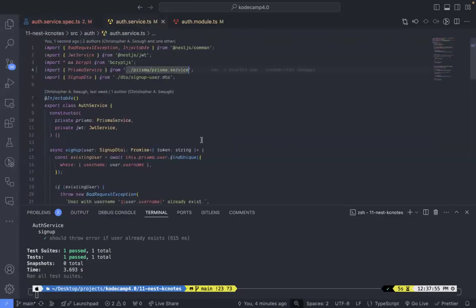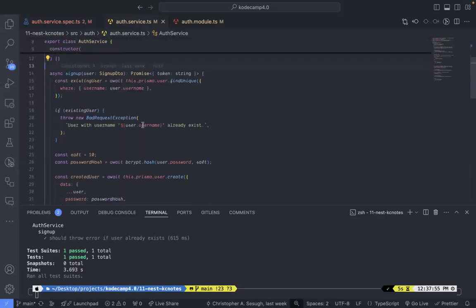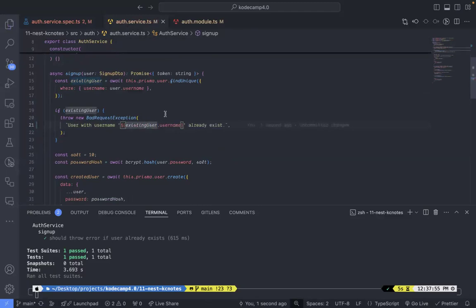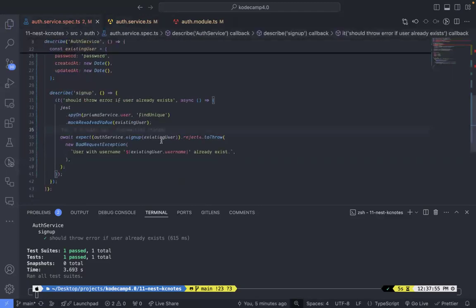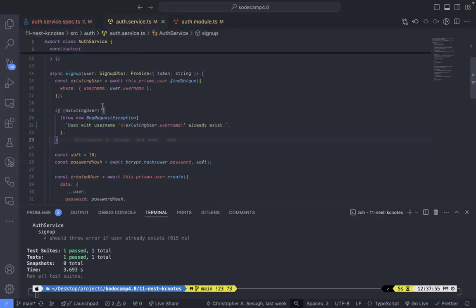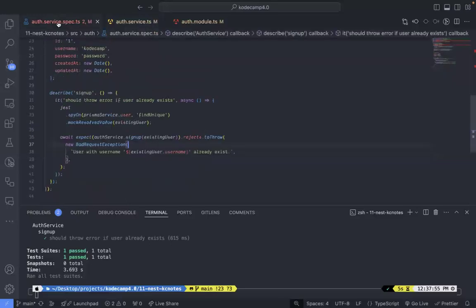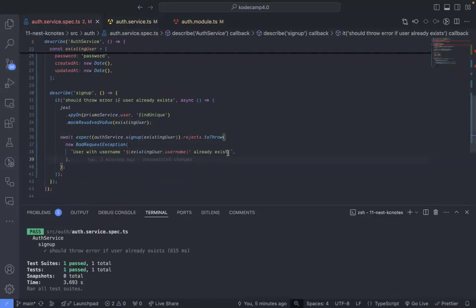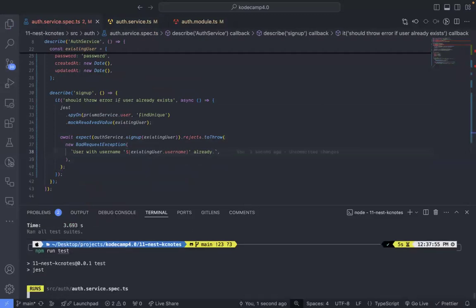So what we are saying here is, when developing our application, if a user tries to log in with an existing username, we make that mistake. So we wrote our code so that if a user tries to sign in with an existing username, we should throw this error. So we're actually testing that: is our application working as intended? Is it throwing this error if a user tries to sign in with an existing username, and is it passing? So if you try to remove this exist and then you run npm run test,